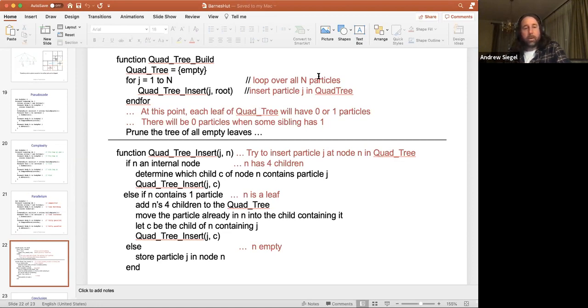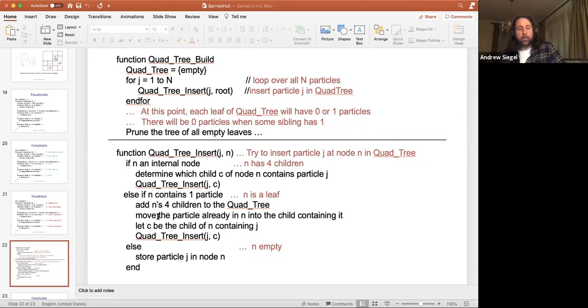Okay, so when we add particles, we push the particles that were already in that node down one level deeper and refine. And it's going to turn out to be more efficient than if we just keep scanning all the particles to see where they fall in this boxology. Okay, so it's recursive and it's a little tricky. I'll post this and make sure that you look at it carefully. But I'll try to walk you through some of the key features quickly. So you're going to do this for each particle. You're going to call quad tree insert on the root, where the root obviously represents the root of the quad tree. And when you call insert the first time on root,